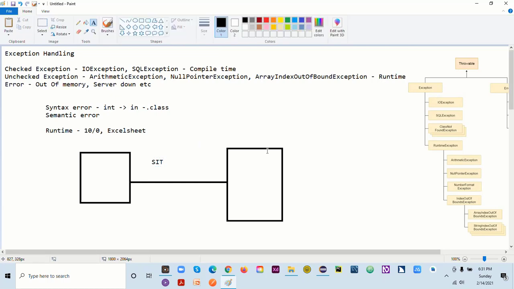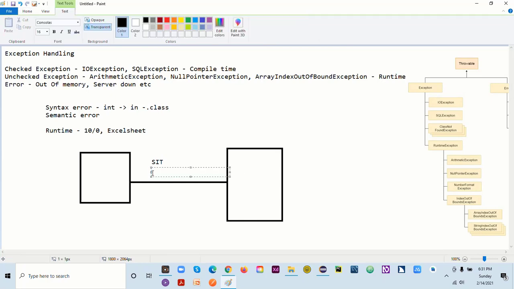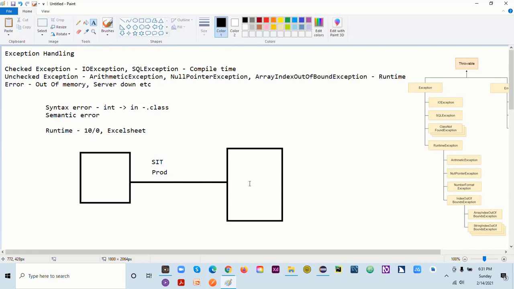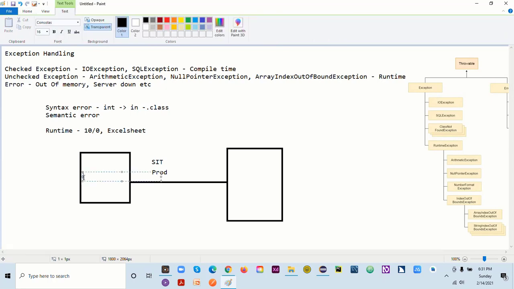But let's assume the scenario when you are in production. Now you are in production and you want to connect with your server, but because of some reason you are not able to connect. So this is your program and this is your server.